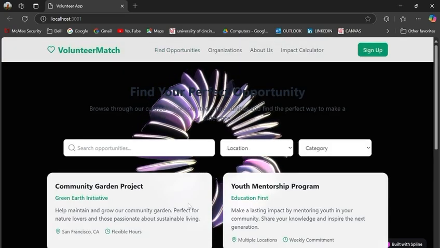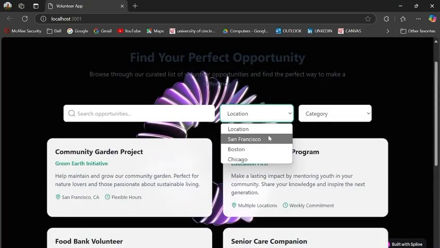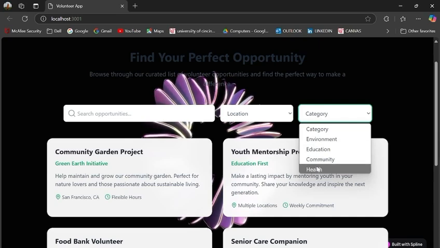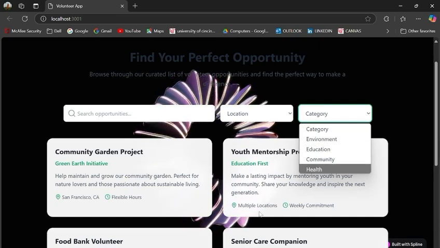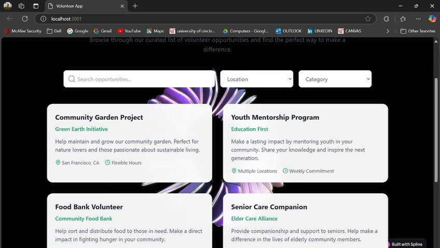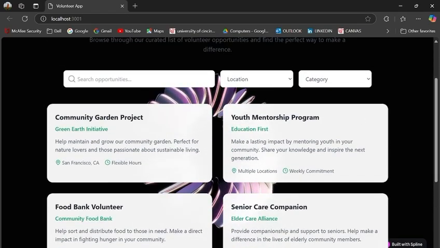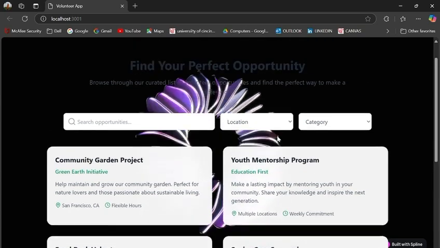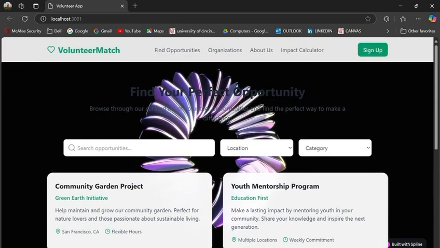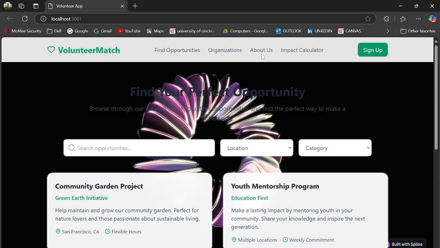This is for individuals to find out different opportunities, like if they enter their locations and they enter the categories, they can find each of them, and also it involves the hours of commitments and the locations that the commitment is required for, along with the heading of the project with the description of where it is and how it is. So the person who's trying to find the volunteering opportunity can find it out very easily.